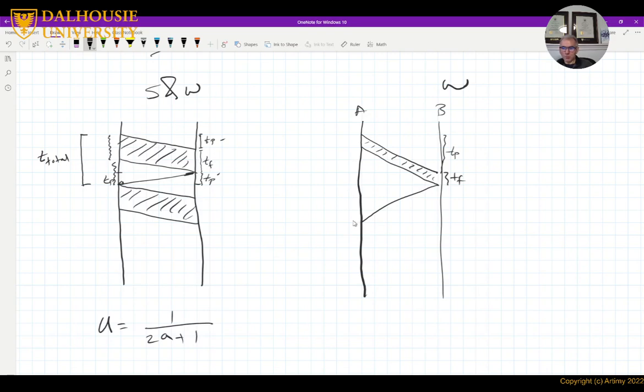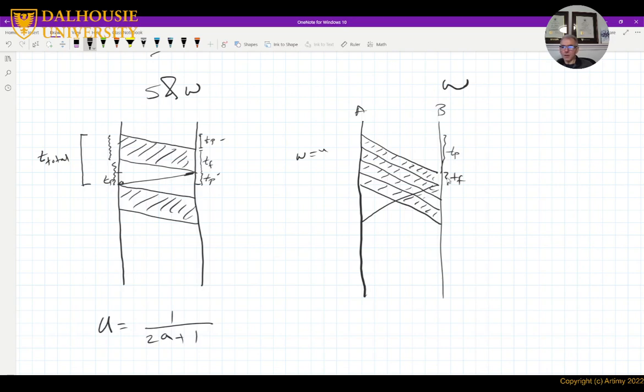But of course, it will take some time to arrive, so A will continue sending frames up to the window size. Let's assume the window size is 4. Just for now, we have 4 packets. So the window size is 4,